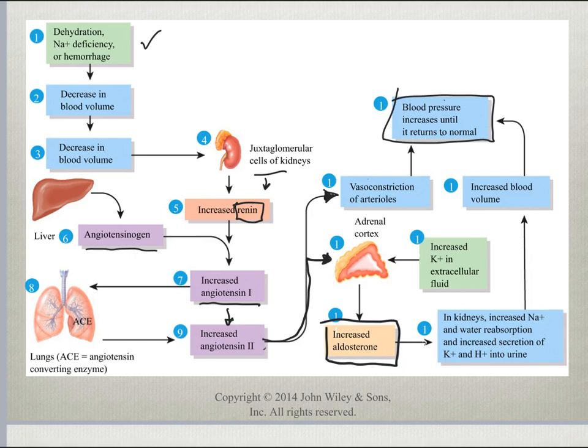So we're dealing with the kidneys again. So aldosterone is going to work with the kidneys. It's going to increase sodium and water reabsorption and increase secretion of potassium and hydrogen ions. And then as a result, by doing this, we increase blood volume, which increases blood pressure